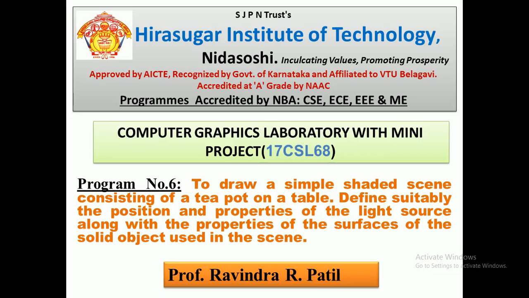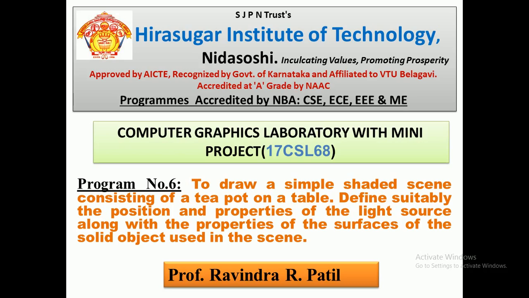Today we are going to discuss program number 6. That is, to draw a simple shaded scene consisting of a teapot on a table. Define suitably the position and properties of the light source along with the properties of the surface of the solid object used in this scene. Means here in this